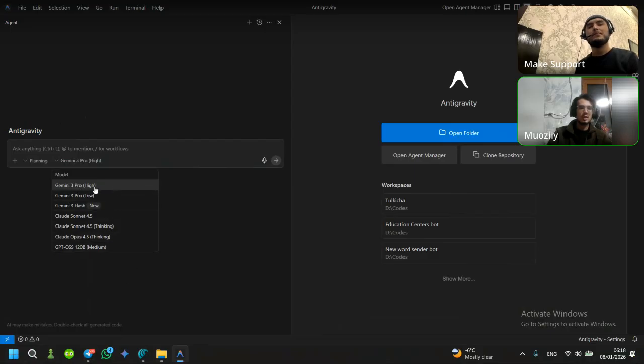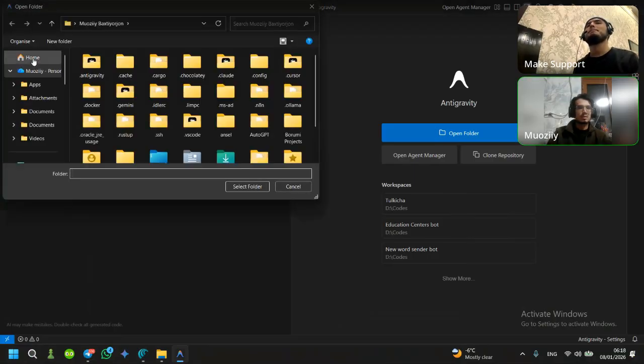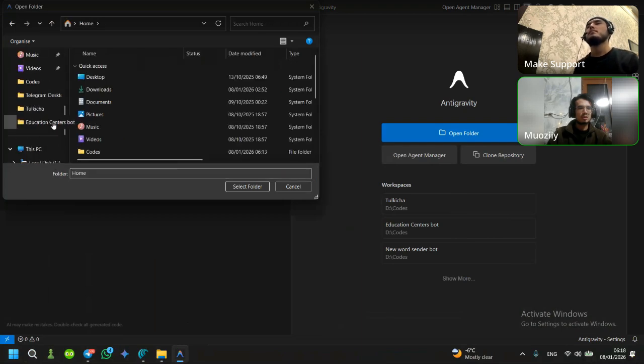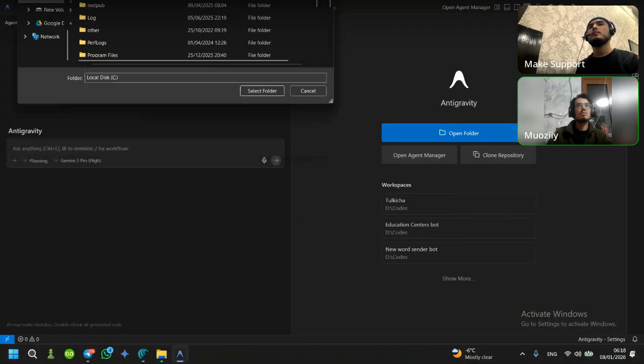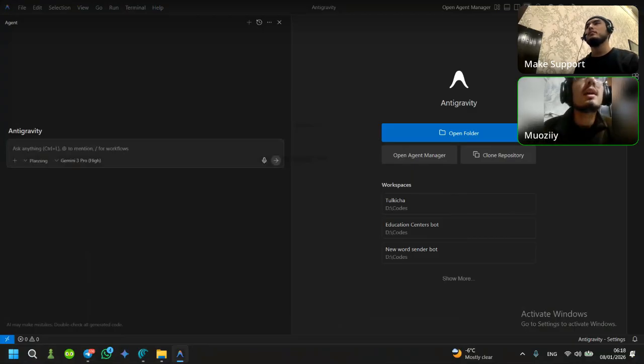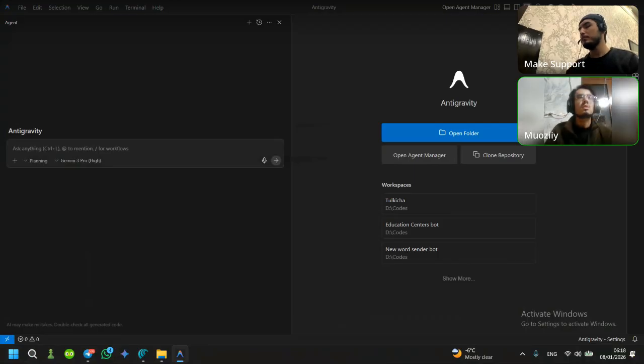We mostly use and highly recommend Gemini 3 Pro, which is currently the latest model, and we are going to open that folder. I think it's in local. Let me find it here because I don't want to show my database. So in the folders,